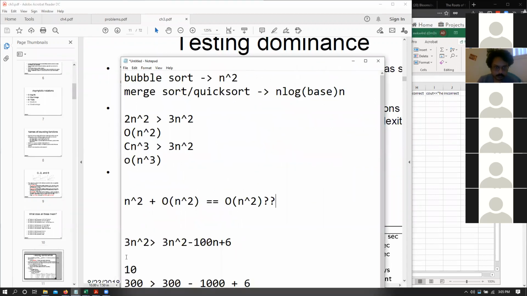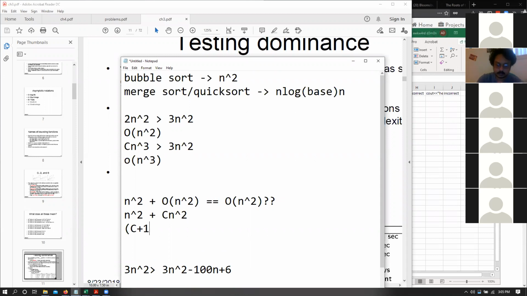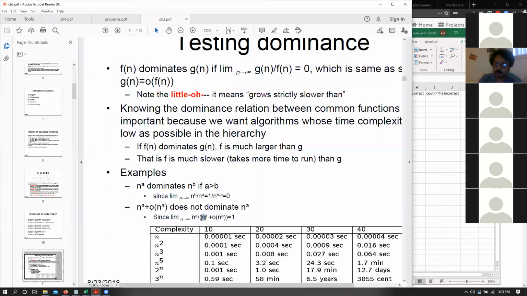Okay, coming back to the equation. So yes, eventually, Mohammed, Lokesh, Yaswanti, you guys are right. Eventually, this is the same equation, because if this is some equation that is c times n squared, then that becomes n squared plus c times n squared. Then we can just say that this is essentially c plus 1 times n squared, right? Again, some constant. I don't care what that constant is, but that eventually becomes big O of n squared. Similarly, when we say that something is n to the power of a plus little o of n to the power of a, the same rules apply, and this becomes big O of n to the power of a.